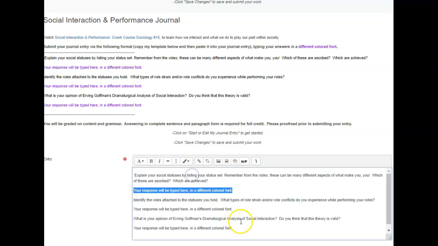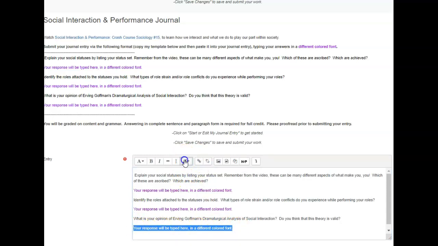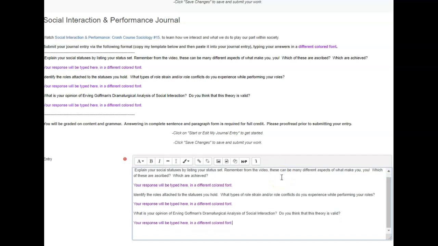When you change the color, that will be easy for you to see the content that you have added. This is an important step. I do grade on content, on format, on grammar, on proofreading, all of the above. And so I need you to make sure that you are paying attention to that.